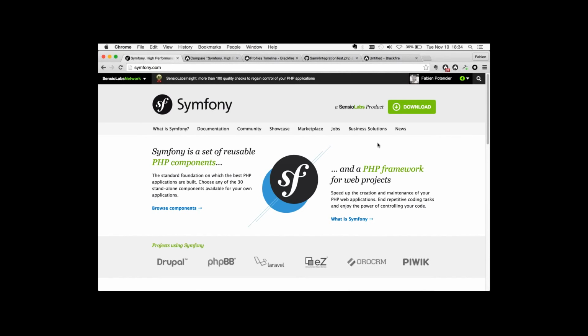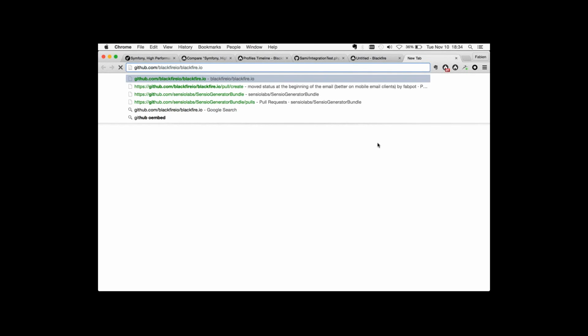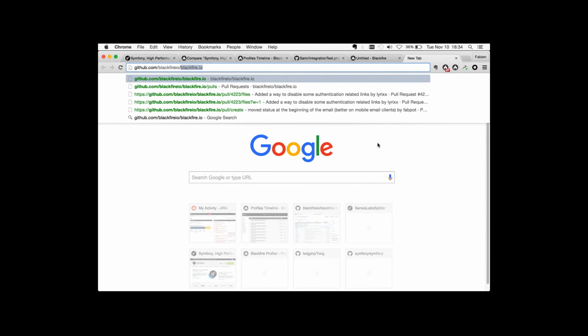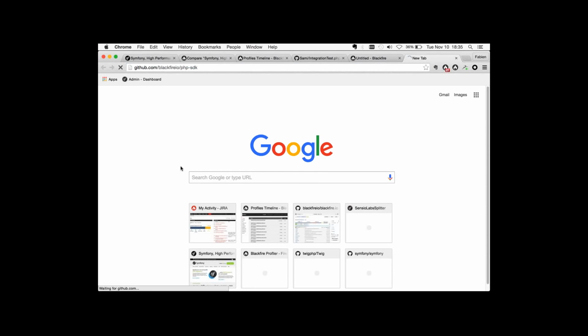We really want to be sure that you do not have any regressions, any performance regression during the lifetime of your application. One way to do that is to integrate Blackfire into your test suite, for instance. And we do have integration with PHPUnit, for instance, via a PHP SDK. The SDK is actually free, so that's something you can do with the free plan as well. So if you go to blackfire.io PHP SDK, you have the PHP SDK here